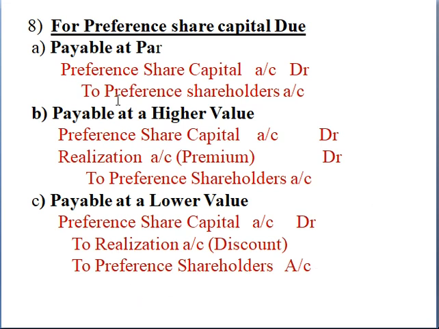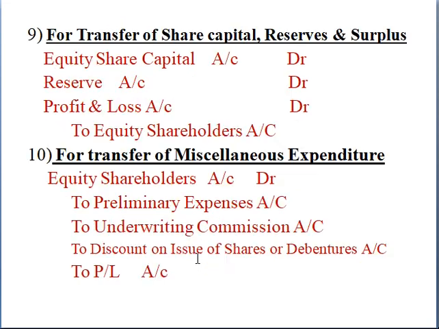See, all these follow the same concept. When it is paid with the higher value, which is a premium, it is to be debited, and if it is payable with the lesser amount, that is a discount, it is to be credited. Next, how do we pass the entry for the preference share capital? In the same way, even the equity shareholders also have to be paid. See, always the profits or loss will be enjoyed or else borne by the equity shareholders.